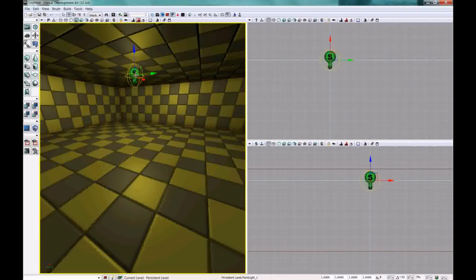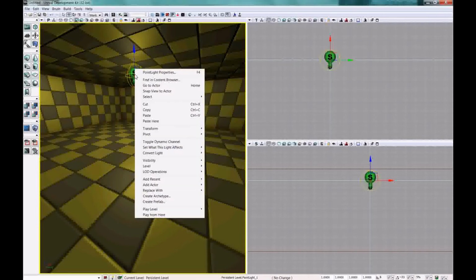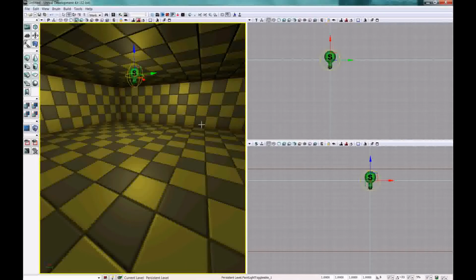Now so far I haven't done anything really extraordinary. I am going to right click on this light and convert it to a point light toggleable. This is a light that we can toggle on and off through Kismet. Now that we have a light, we can bring it into Kismet so that we can manipulate it through the scripting in there. So to open up Kismet, we click on the green K icon in the toolbar,